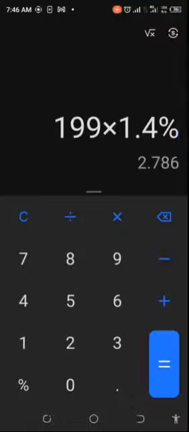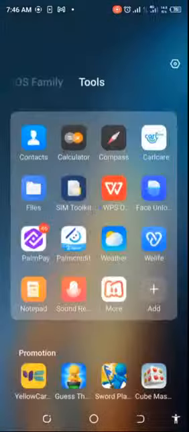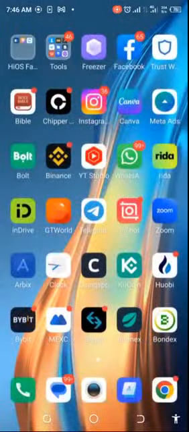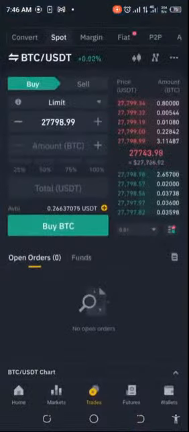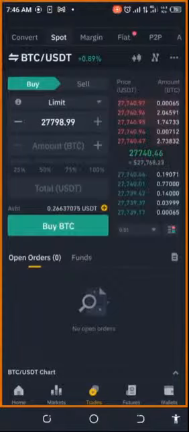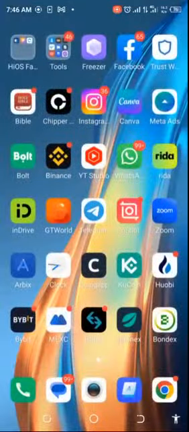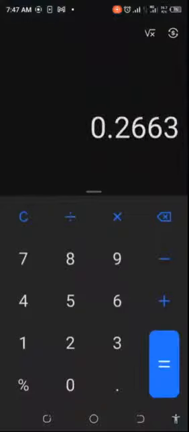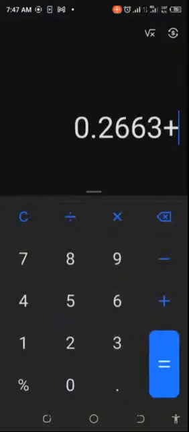So let's now go back to the global amount. The global amount really is, we have to add what we've made plus what is in Binance. So what do we have left in Binance? We have 2663. So let's take that and add that, right? So what did we make entirely? We eventually have, let's add our 0.2663, then we add that to our